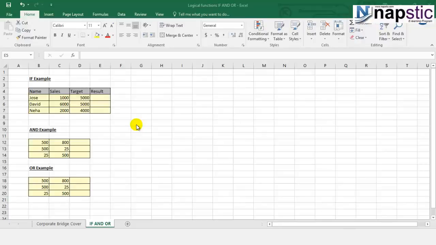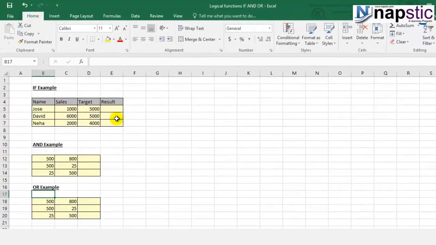In this particular video, what we're going to learn in Excel is the logical functions if, and, or. So these are the three examples through which we're going to understand how these logical functions can be used in Excel. Starting with the if example, what we are trying to do here basically is find out and compare